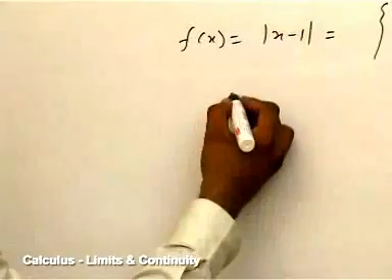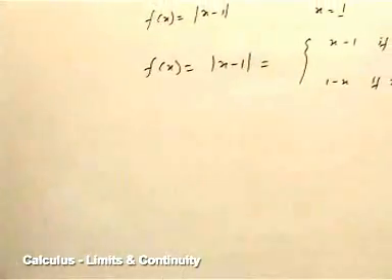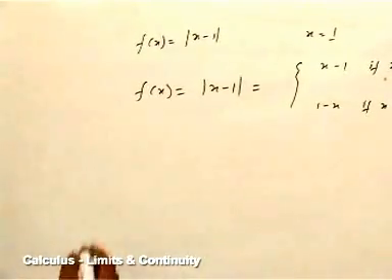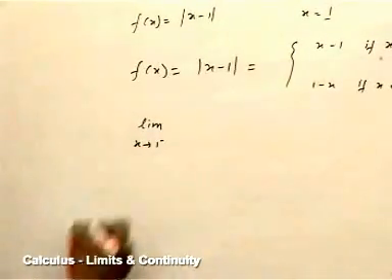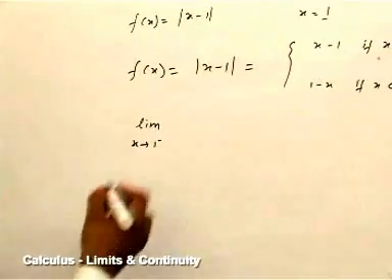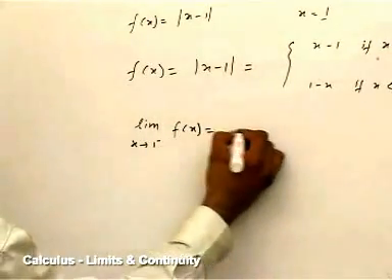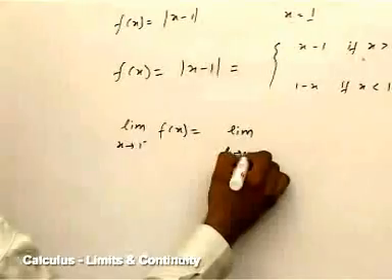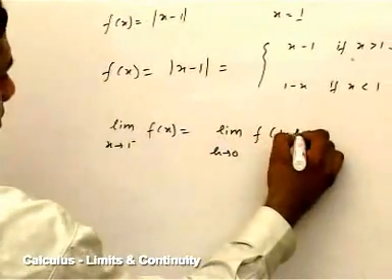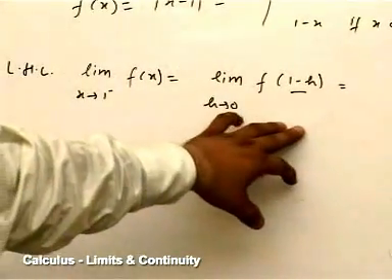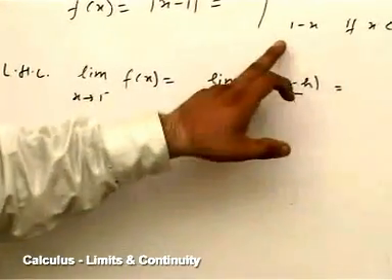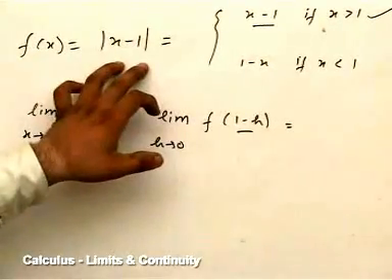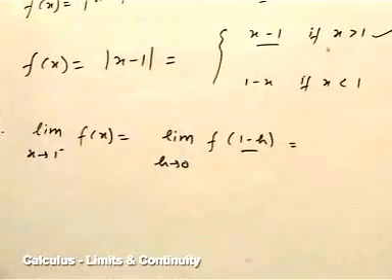Considering these two cases, we will apply the left hand limit. What does the left hand limit mean? Left hand limit means a value slightly less than 1. What will be the value of this function? Let us calculate this. Limit x tending to 1 minus, which means slightly less than 1, of f(x). We will write like this: limit h tending to 0 f of 1 minus h. Evaluating this limit means putting the value of this. Since the value is less than 1, we will put the value in this, because modulus of x minus 1 has the value 1 minus x if x is less than 1.